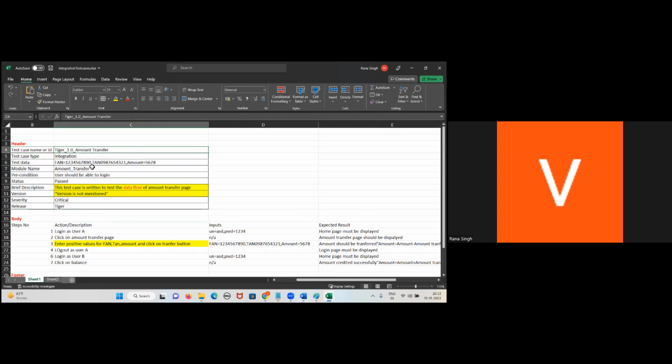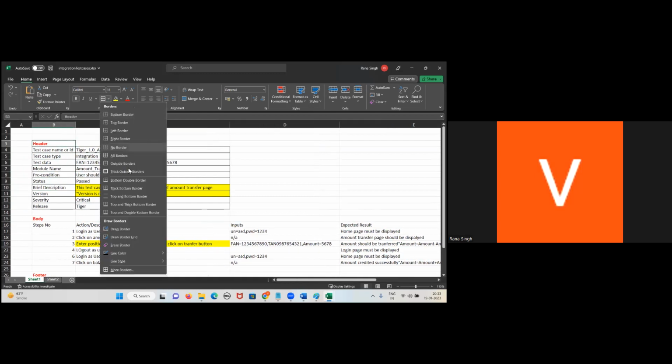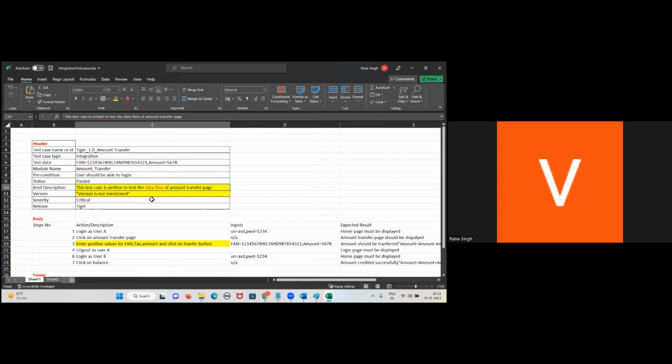Okay, so this is the integration test case I have written. The test data is what, guys? PAN, TAN, amount. Module name is amount transfer. Precondition: you should be able to log in. This will be written in the last, the brief description. This test case is written to check what, guys? Data flow between the modules. Data flow of the amount transfer. Any version can be mentioned. Suppose I put it as version 1.0. Just write down here 1.0. And then